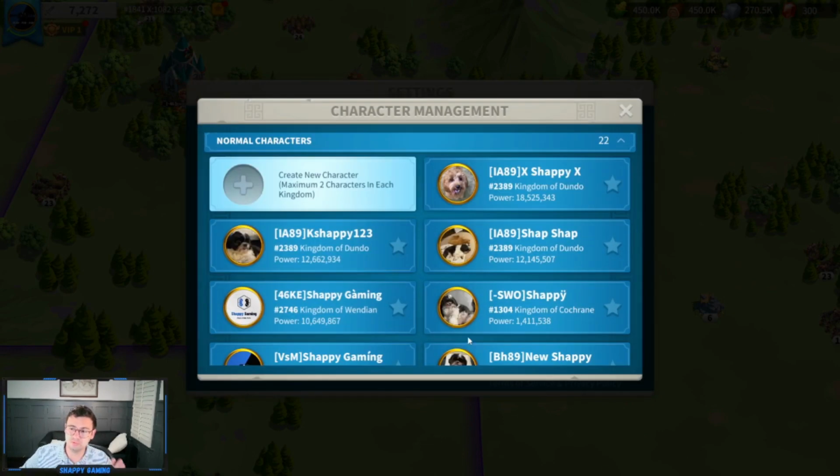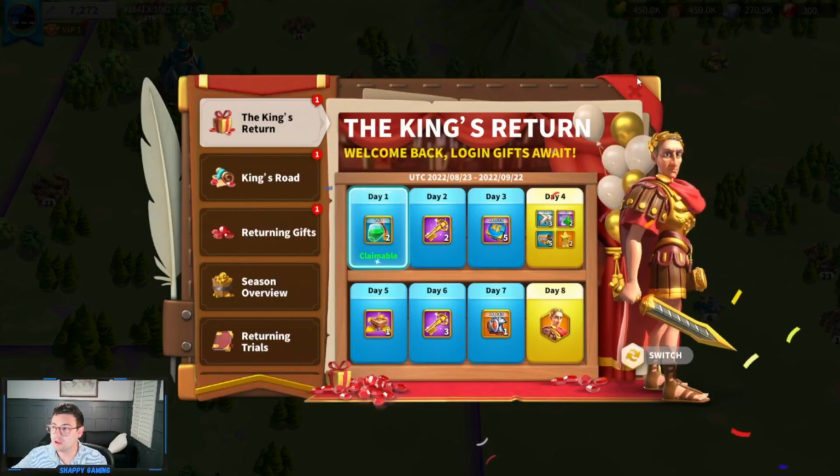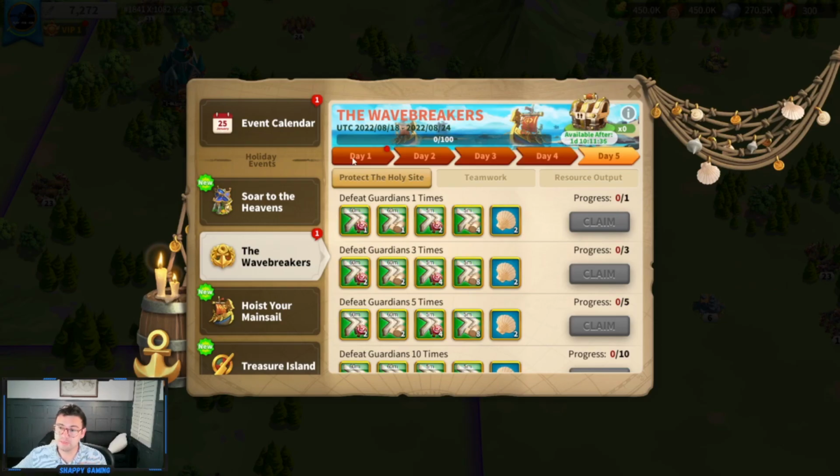Now, how can you take best advantage of a jumper account? There are a couple tips that you can use. The first is make sure that you're doing it when there is a holiday event going on. This event, Wavebreakers Soar to the Heavens, is a perfect opportunity for you to be creating a jumper account. And the reason for that is you only need 6 days in order to get all of the rewards